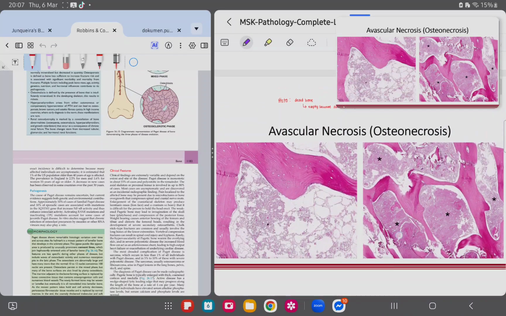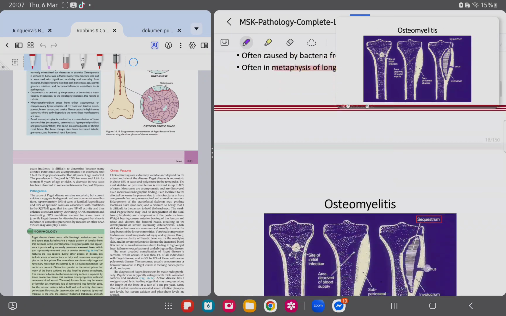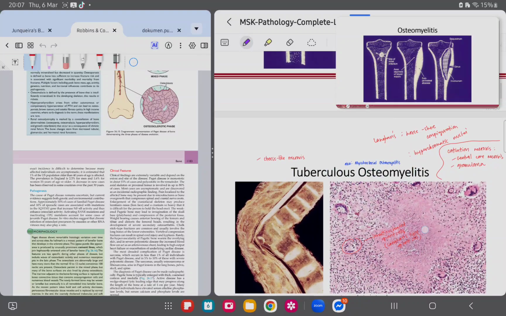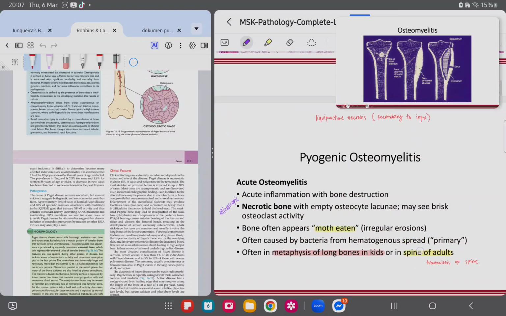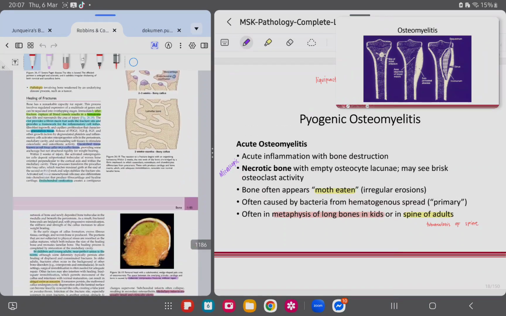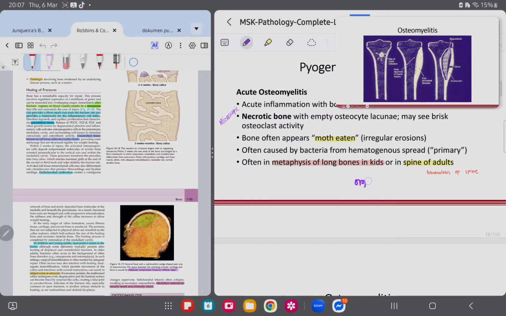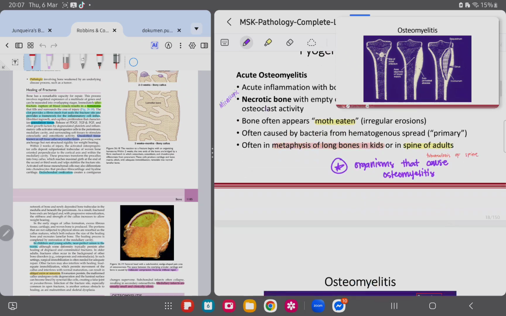Osteomyelitis, we have discussed quite a number of osteomyelitis, but in particular, we are interested in bacterial and in tuberculous osteomyelitis. So please, it's in Robbins, please do read about the different organisms, especially the most common organisms that may cause not only osteomyelitis, but also arthritis. Because per age group, there are different organisms that are more commonly seen, such as your Neisseria gonorrhea, your beta streptococcus or staphylococcus aureus.